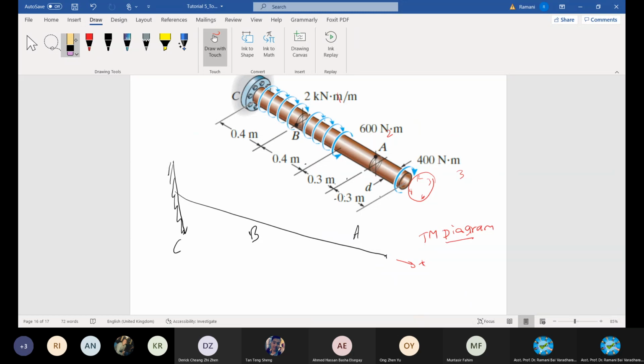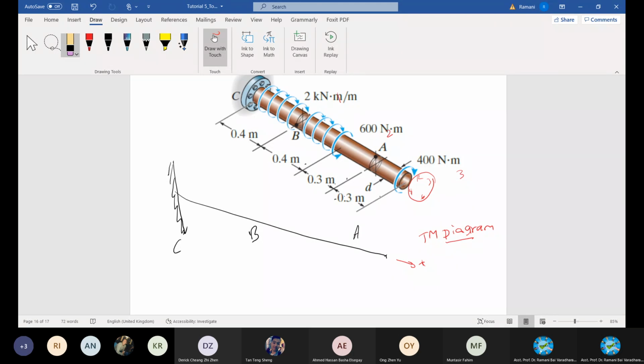Let's analyze in the next direction, one-dimensional analysis. Accordingly, you will have the value of the moments at each and every point. Okay, start from here. Let me start from A. According to Saint-Venant's principle, it should vanish at C at the support, because the rotation is prevented by the fixed support at C. At C, it should vanish. So let's take the moment from A until C and see whether it is vanishing or not. Start from A.